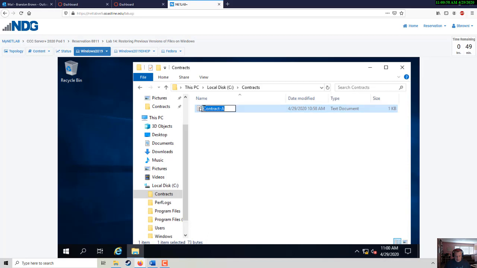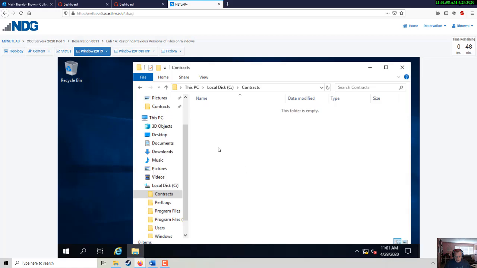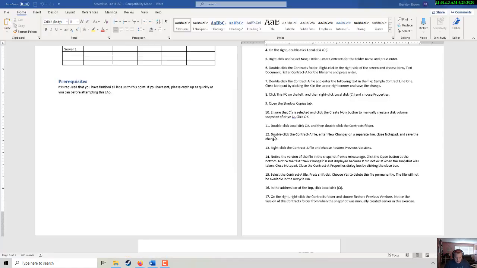I am going to select Shift Delete. I'm going to say yes, and you see that, nope, not there in the recycle bin. It's all gone. Now, if we go back into C and go to restore that,